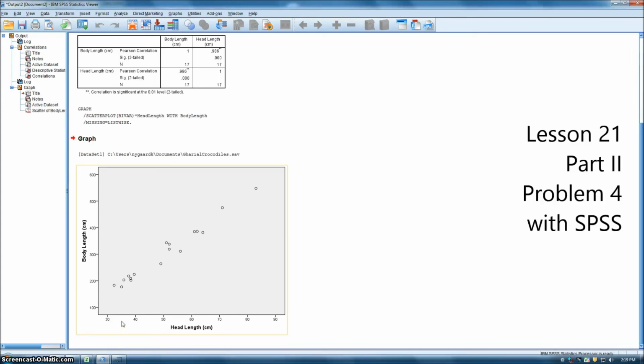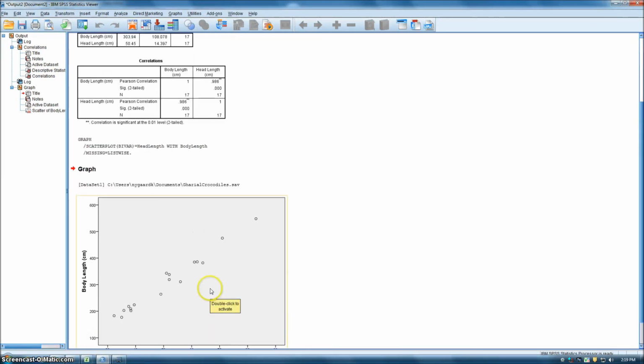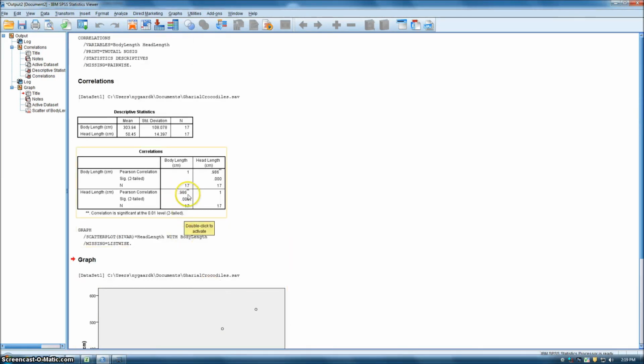So, question 4, discuss the relationship you see in the scatter plot between the two sets of bivariate data for the gharial crocodile. Okay, so there's a positive linear relationship between the head length and body length. Okay, so with this 0.986, that's very strong, and since it's a positive number, not negative, we know it's positive. So the relationship between the head and the body is positive, which means as the head gets bigger, so does the body get